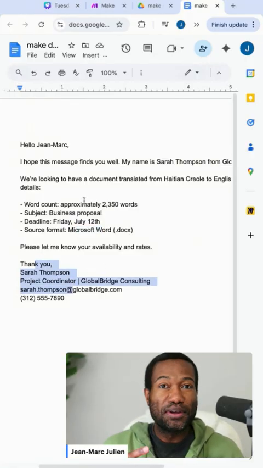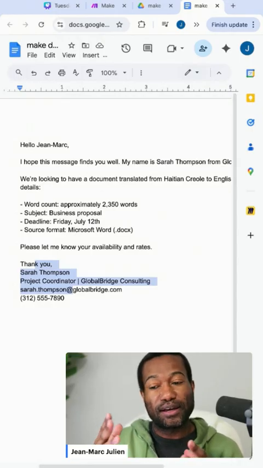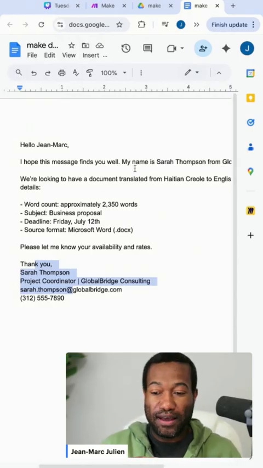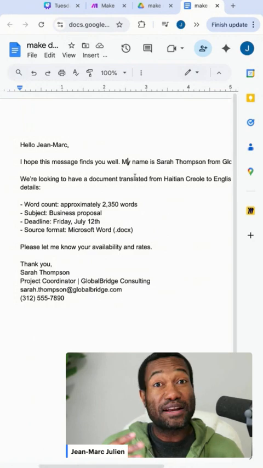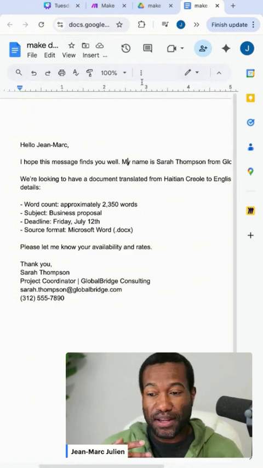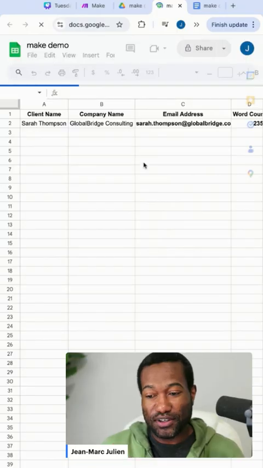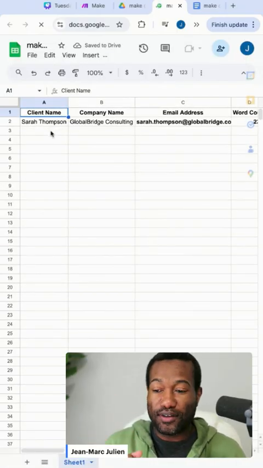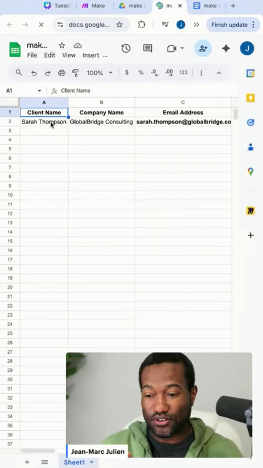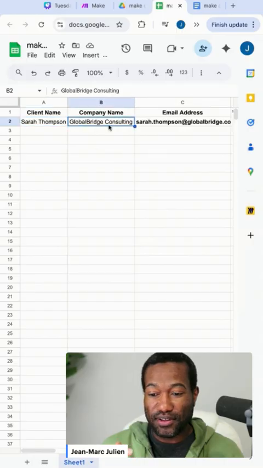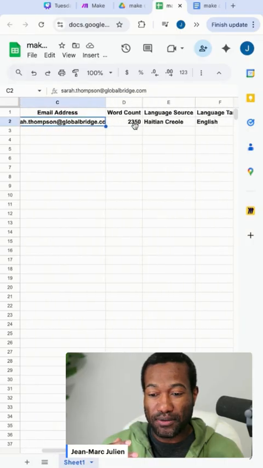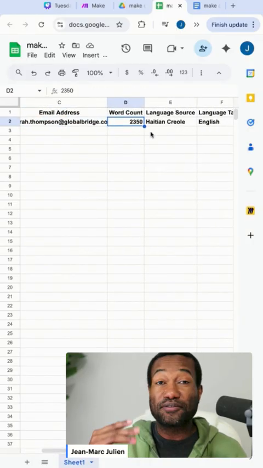Okay, so if this was being done by a person, they would have to parse all of that information manually. And then let's go back here, and let's say this is like a database or a spreadsheet. Then they would have to enter all of that information into the spreadsheet. So here's the name, here's the company, here's the email, number of words, all the information that we saw in